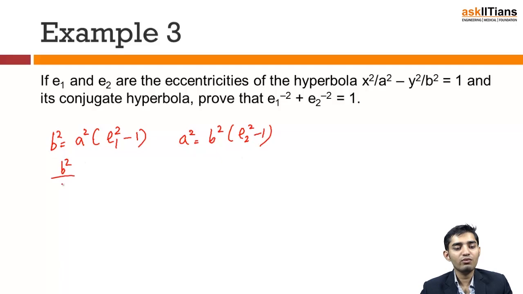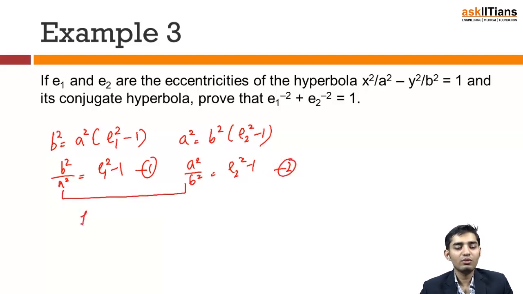Now from here, I have b square by a square equal to E1 square minus 1, and from here, what is a square by b square? a square by b square is E2 square minus 1, right? Now this is equation number 1, this is equation number 2. Now if I multiply these two, I will get 1 on the left because it will get cancelled. So 1 equal to (E1 square minus 1) into (E2 square minus 1). Now if you simplify this, basically I will get E1 square E2 square minus E1 square minus E2 square plus 1